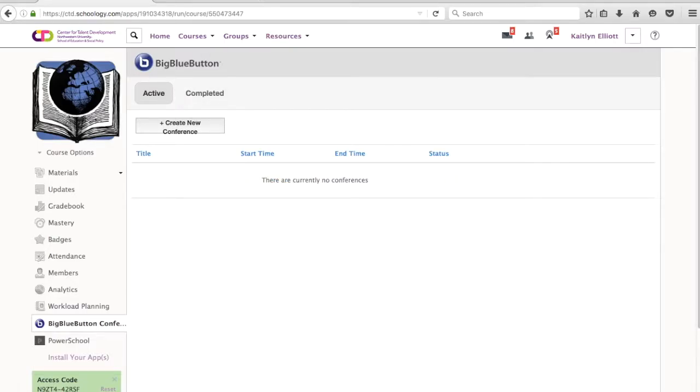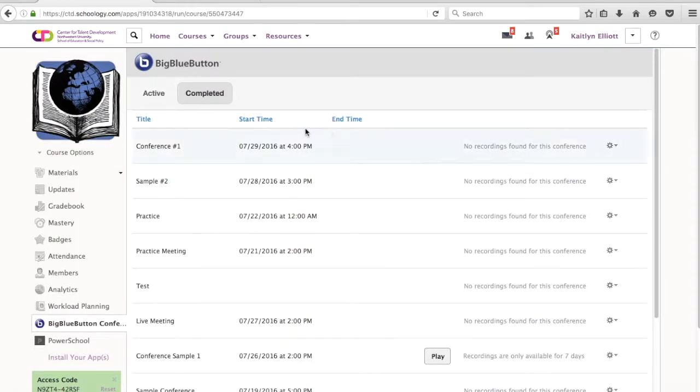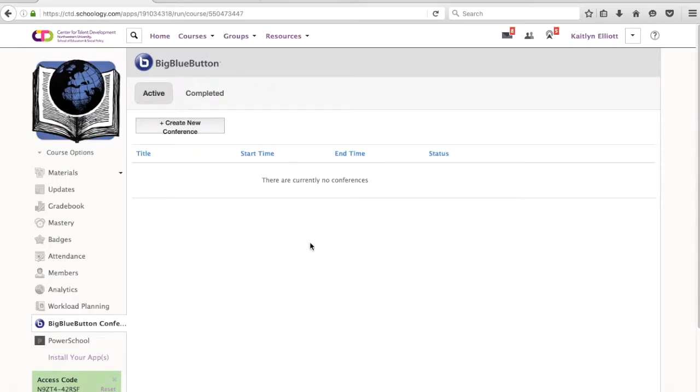And if you notice in the tab, if you click back here, it just takes you back to the course. So the conference is over. There's no need to even log out. Eventually, you could click completed and you would see the conference that we just completed. BigBlueButton says it takes a couple minutes for the recording to show, so you wouldn't be able to see that instantly. And from here, you would just go on